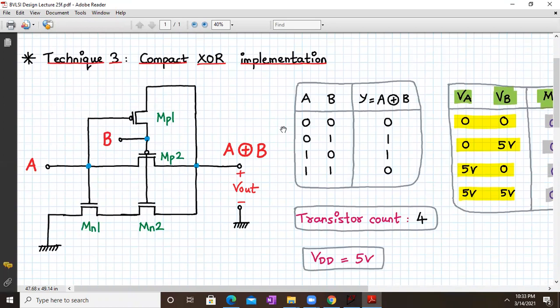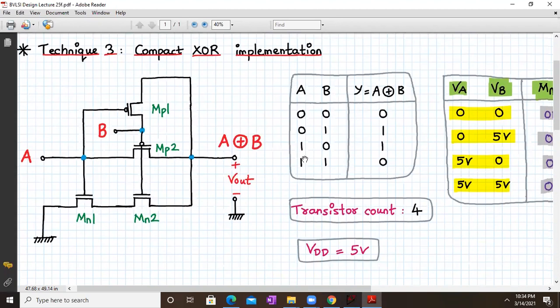So this is the circuit diagram. Transistor level implementation of XOR gate to be precise. So we have MN1 and MN2 which are connected in series, and one of the gate terminals is connected to the gate terminal of MP1, and another gate terminal is connected to MP2. We have A and B connected like this, and we have the output taken from the MP2 terminal and MN2 terminal collectively together. So the output will give us A XOR B. Fine. Now let us see the functionality in a minute.